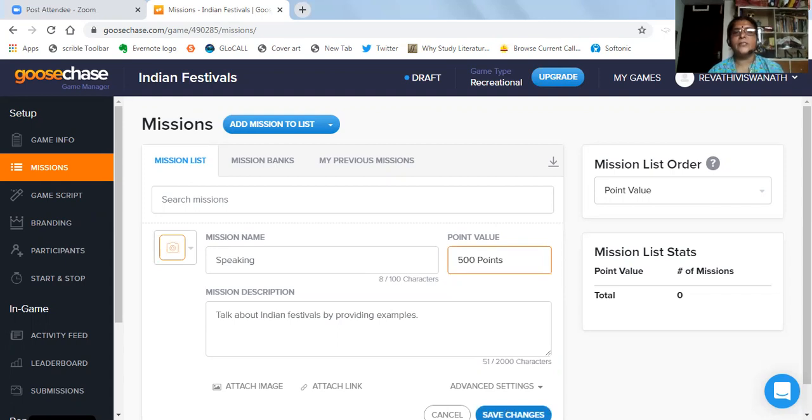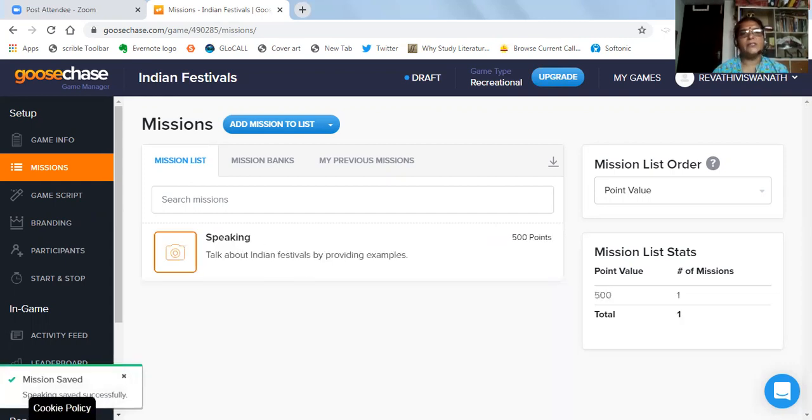When the students access the game, when they start playing, and when they submit their speech, they'll be able to see the points that they have got. You need to click on save changes.